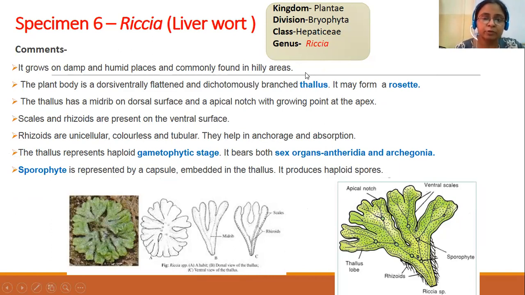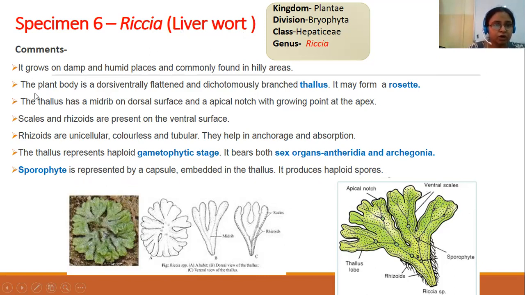Fine. So in Pune, when it rains, you see, initially before the rain, there were barren lands. But when the monsoon comes in Pune and around Pune, the whole mountains, the whole Pune region get covered with a green mat. So that green mat is actually Riccia. These are the liverworts, these are the mosses that form huge dense green mats on the hilly areas around Pune. Fine. So this is that Riccia liverwort.